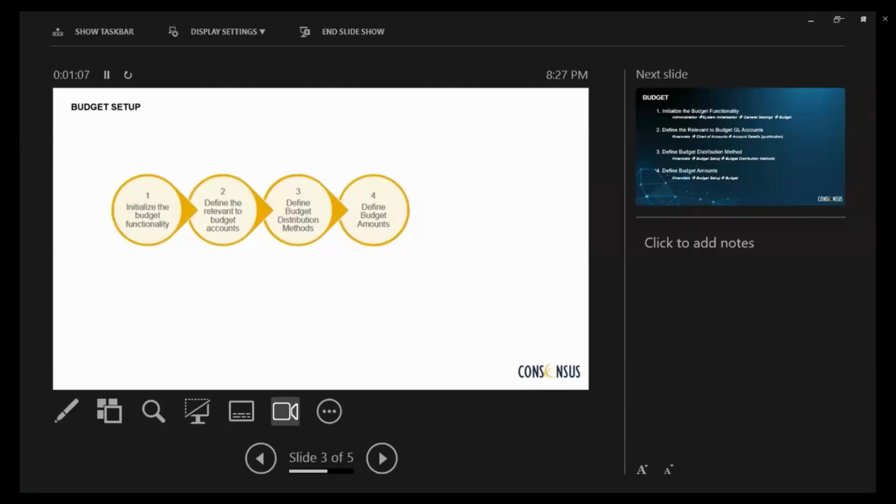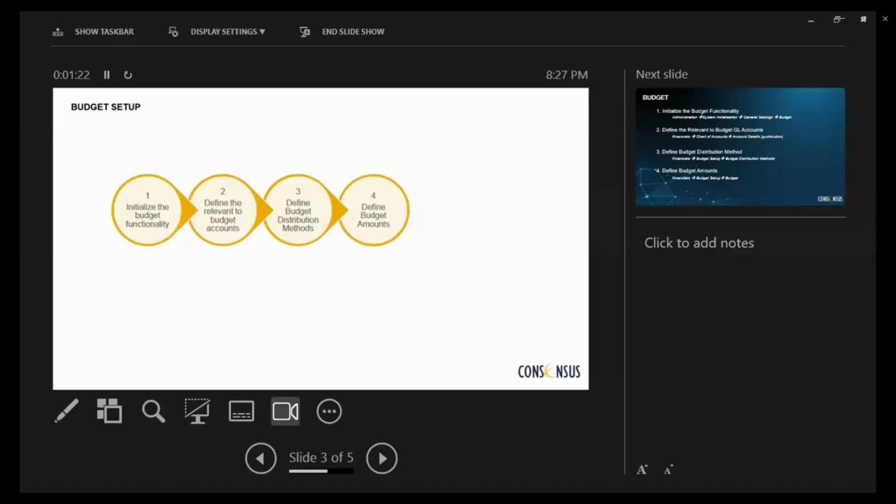The system comes with 3 by default, a standard, but you can create as many as you want to. It works whenever you are not working with a budget like on an annual basis. Most of the companies do it by month. It could be by quarter, by basically using months. And finally, define the budget amounts, okay?